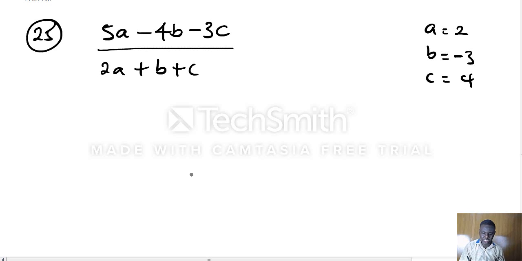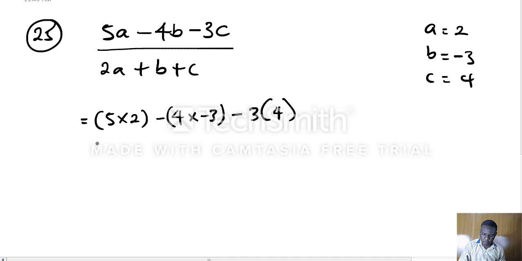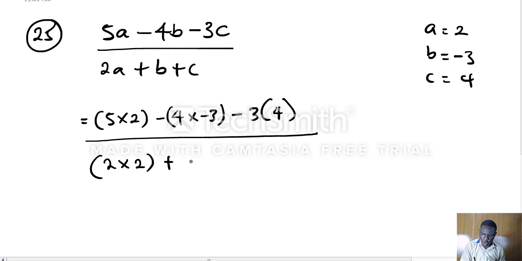Substituting this into this equation, you have it to be equal to 5 times 2 minus 4 times minus 3 minus 3 times 4, all divided by 2 times 2 plus minus 3 plus 4, which is equal to,